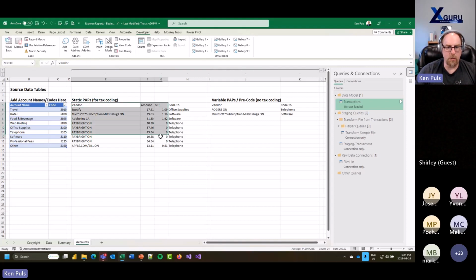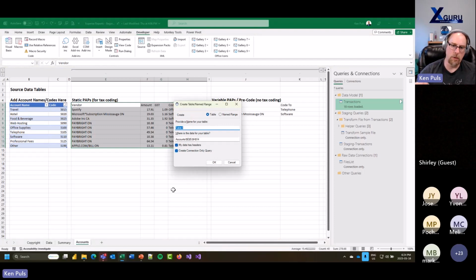To start this process, what I'm going to do is grab this data and put a new table on this. Now, of course, the shortcut to put a new table on something is to press Control T. And what you will notice at this point in time is that my Control T experience is slightly different than